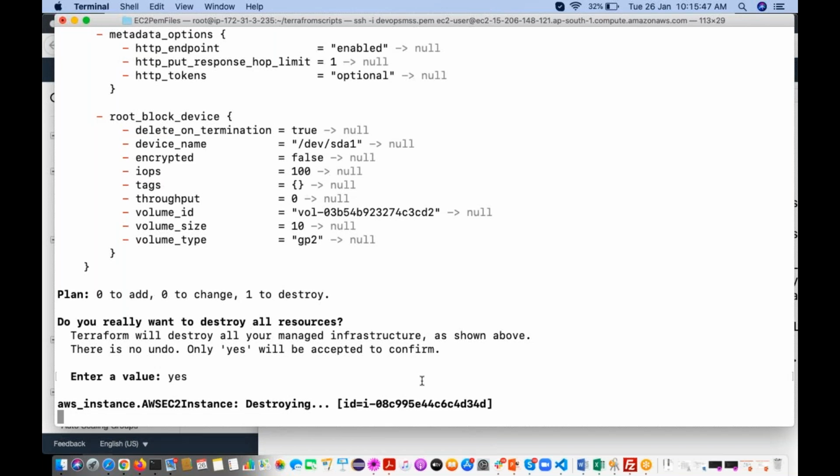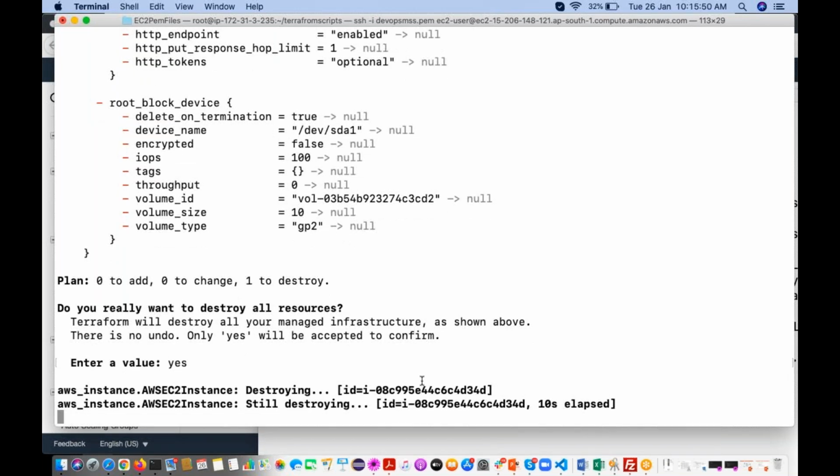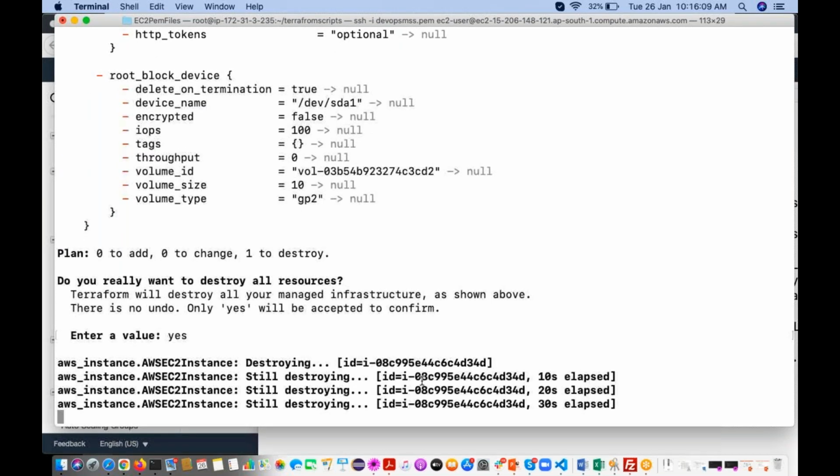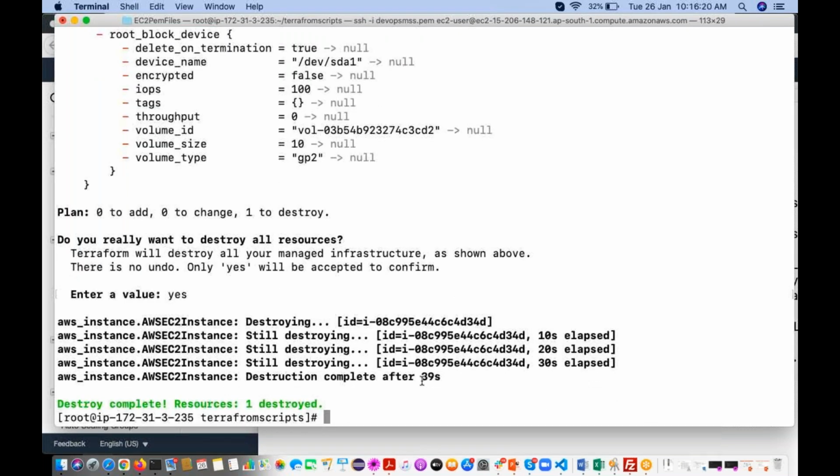Vishweshwar Rao is asking that normally if we execute the same script, will it create one more instance? No. If you execute it n number of times, it is not going to create. Why? Because it maintains one file called the Terraform state. There it maintains the details. Only one time it is going to create. If an update is there, it is going to update. If you execute the script in another folder or another machine, again it is going to see.